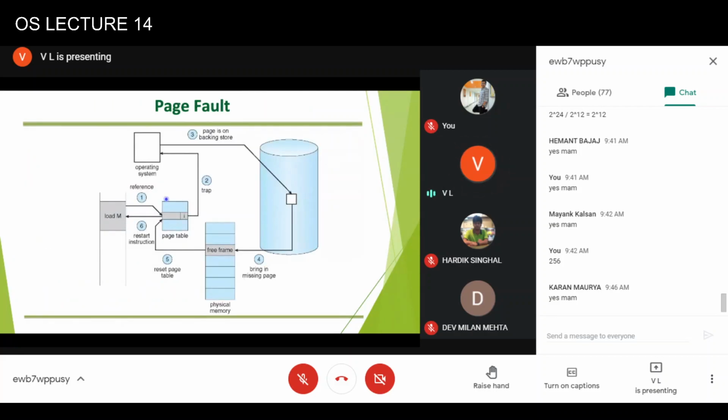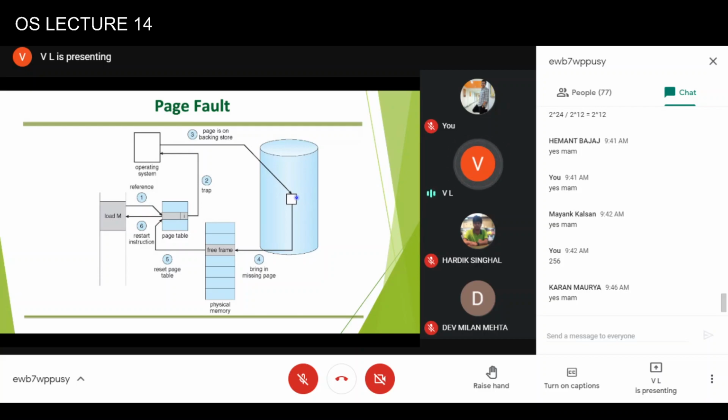So now it is quite possible that you're trying to read a page from the memory and that page is not available in the memory. So what will happen in that particular case? In that particular case, first of all, the operating system is checking whether the page is available in the memory or not. Because page is not available in the memory, then it will create an exception. It will trap to the operating system. Processor is trying to read a page, and because of invalid entry, it traps to operating system, and then operating system will locate the page from the hard disk. How does it know where on the hard disk it is located?